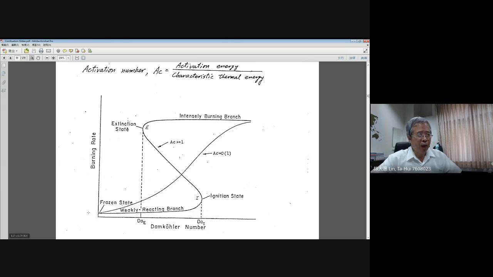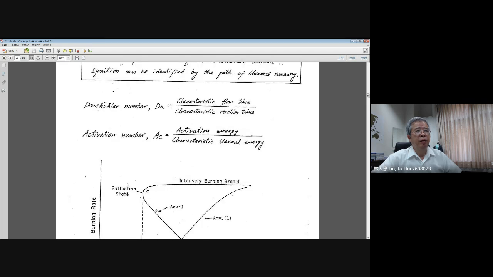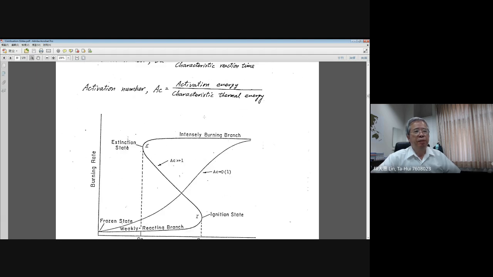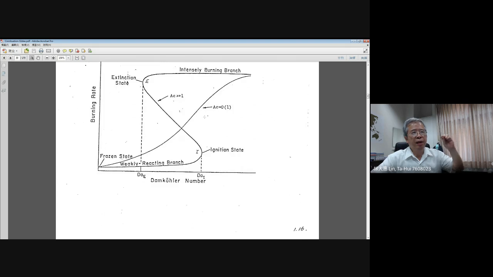Now you try to increase the Damköhler number. What is the meaning of increasing the Damköhler number? One way is that you try to reduce the chemical reaction time, right? You try to reduce the chemical reaction time or increase the flow time. Supposedly you start to provide a certain heat from the spark, and it will initiate local chemical reactions. And for a local chemical reaction, you can continuously increase